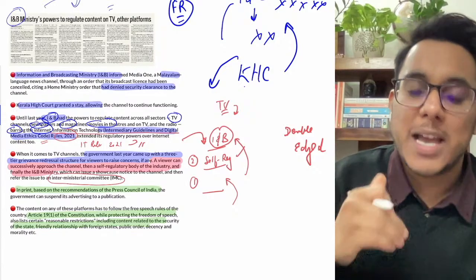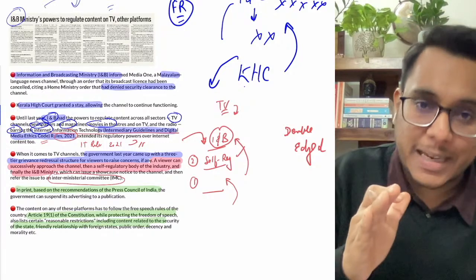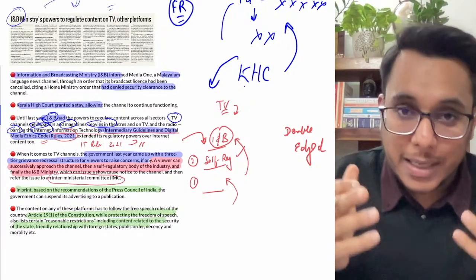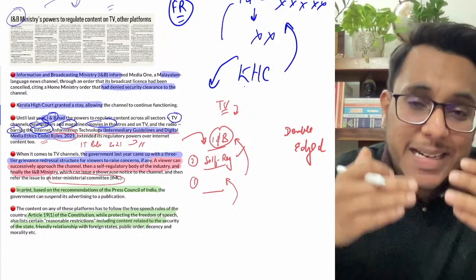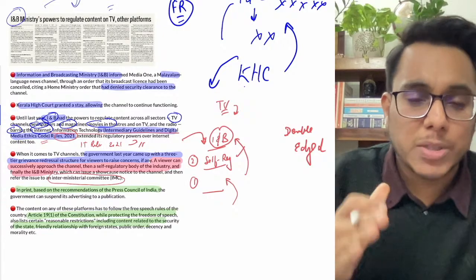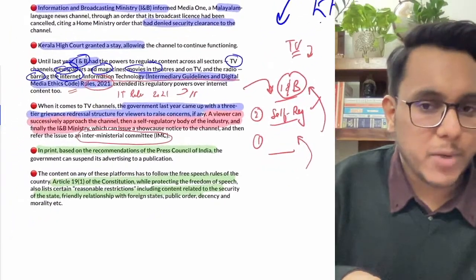But at the same time, if there is some constructive criticism, if there is a dissent, then these kind of news channels are just being targeted. So what happens? Ill-motivated complaints are deliberately being made. So this is one of the problems that has come. Okay, but however, this is the system that we need to see.